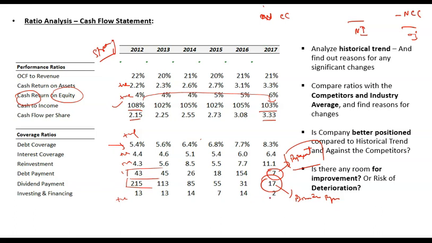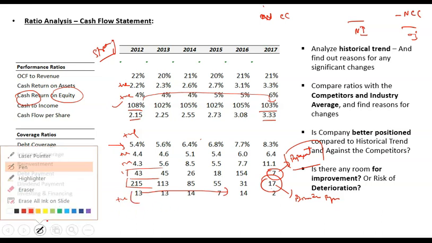But OCF as a percentage of dividend also decreased, and that shows that in future maybe the company is not able to sustain the dividend payment levels that it is sustaining as of now. Why? Because it is already returning a major portion of OCF as dividend. So in future it might not be able to sustain this kind of dividend, and in future dividends may decrease.